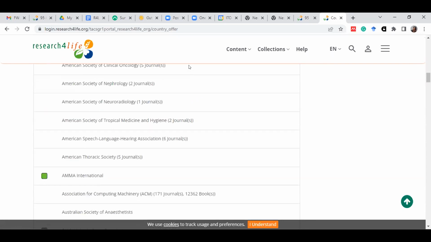I'm sure most people already registered for Research for Life know that they've got what we call publisher exclusions. A publisher can choose to exclude some of its content in a certain country.